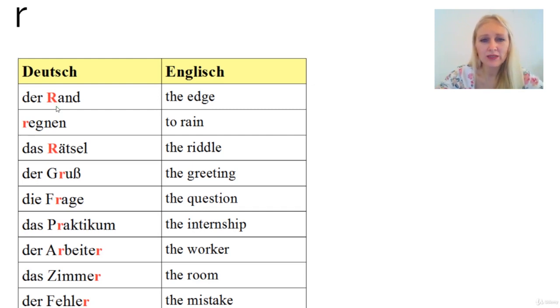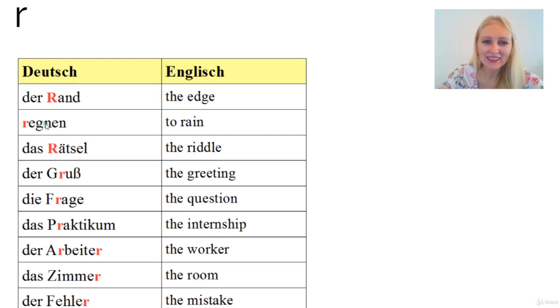If you have trouble with that, please practice it, because I know in many languages this R from the throat does not exist. But this is something typical German, but it's also not that strong, you know, it's Rand. It's sometimes just like touching it quickly, Rand. So also don't make it too hard, so der Rand.